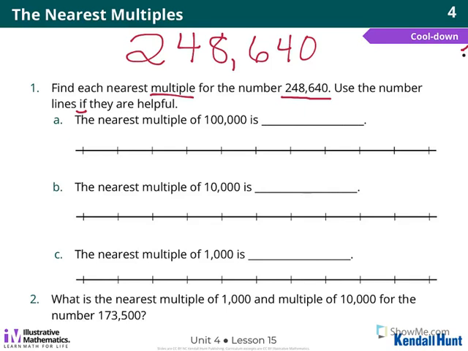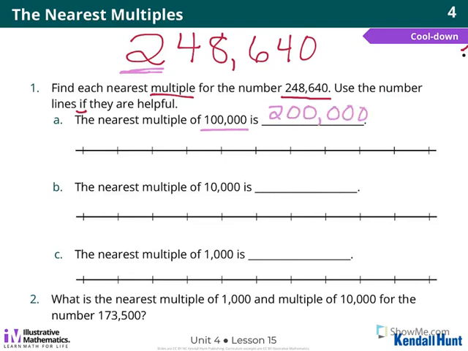So for A, it says the nearest multiple of 100,000. So what I'm going to do is go to the 100,000s place, which is a 2. And I'm going to think, is this number closer to 200,000 or 300,000? And it's closer to 200,000